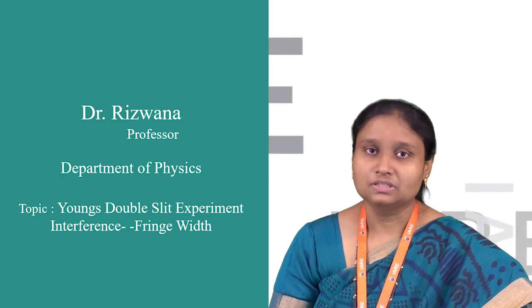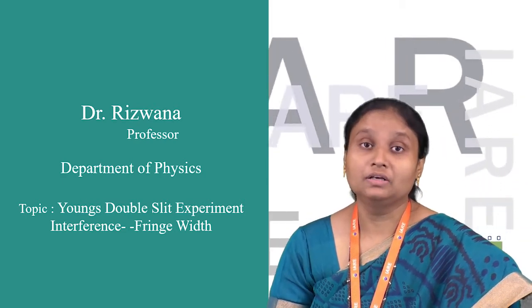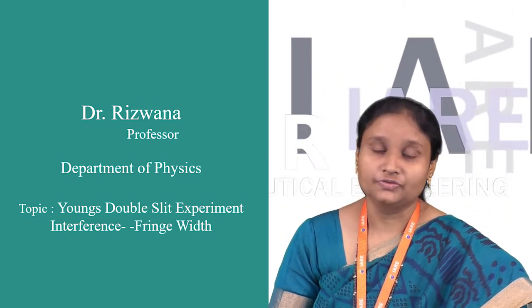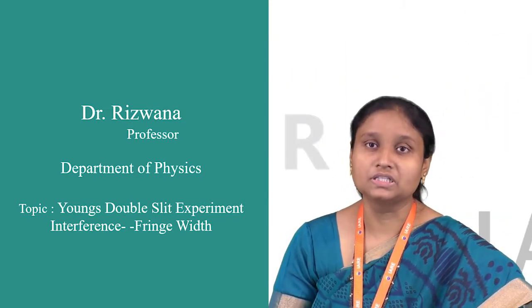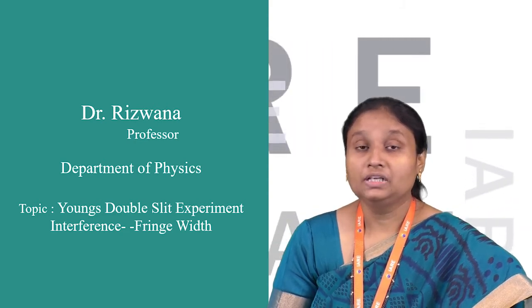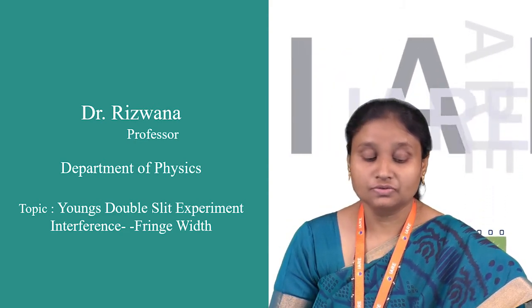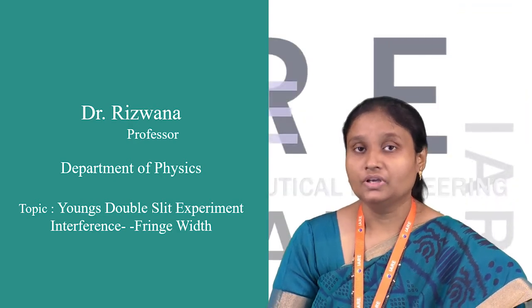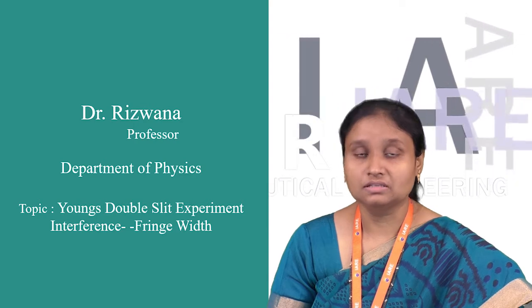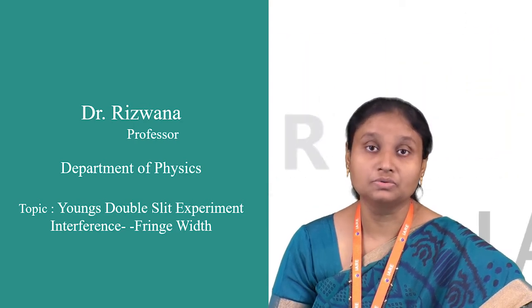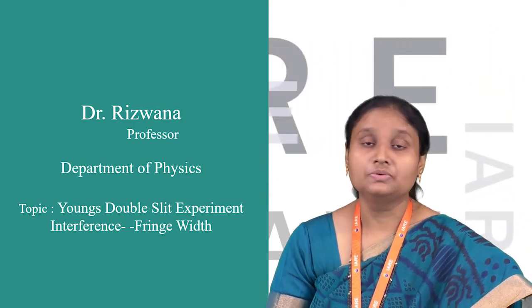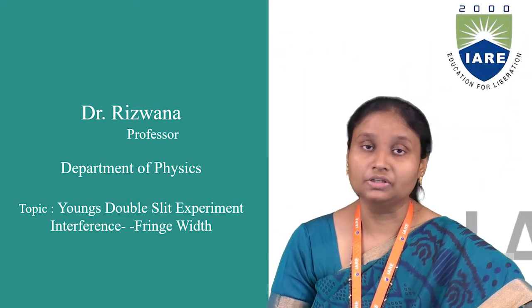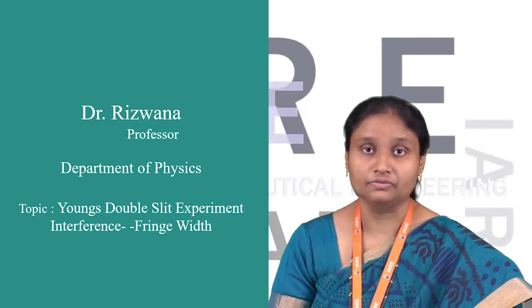Today we are going to discuss a very important phenomenon exhibited by light. That important phenomenon is interference. In our previous videos, we have seen the main conditions in order to get interference. The main thing in order to get interference is having coherent sources. And we have seen how the scientist Thomas Young came to a conclusion to get coherent sources. And using those two coherent sources, we tried to get conditions for constructive interference as well as destructive interference.